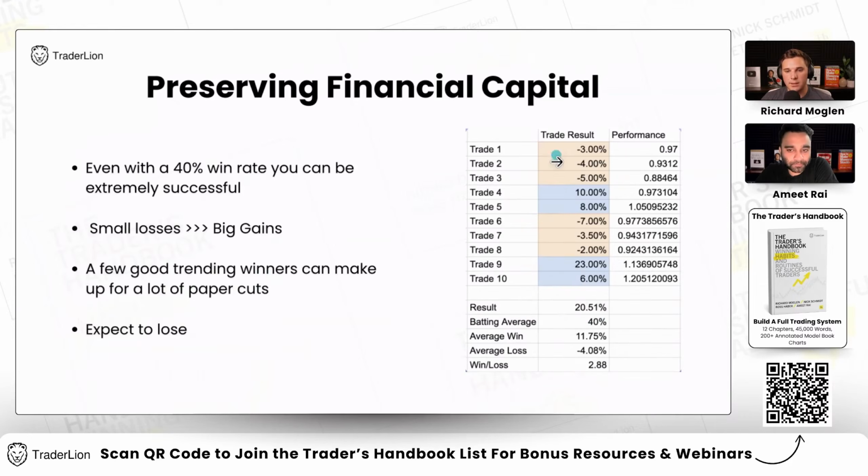And again, this might be a section of your portfolio, but the goal is to do the same thing with your total portfolio. And over time, over the 12 months, just have bigger winners than losers, keep those losers as small as possible because optimizing for a very high win-loss ratio, a very small average loss ratio, will allow you to build in failure and have your batting average be even 30%.